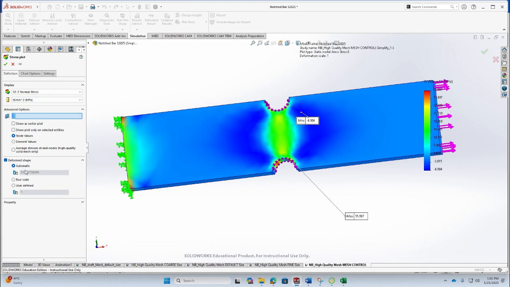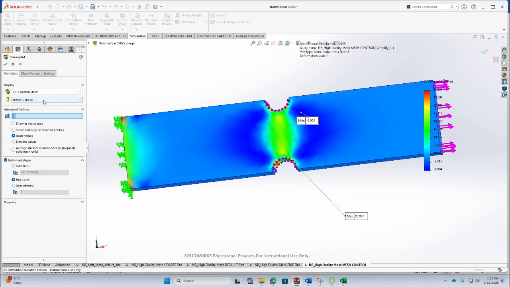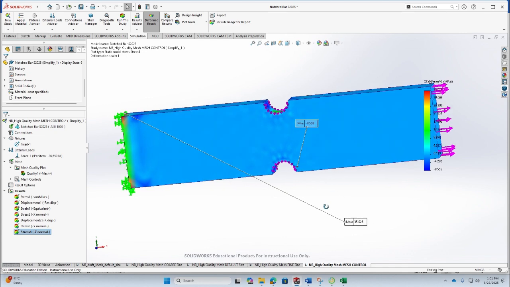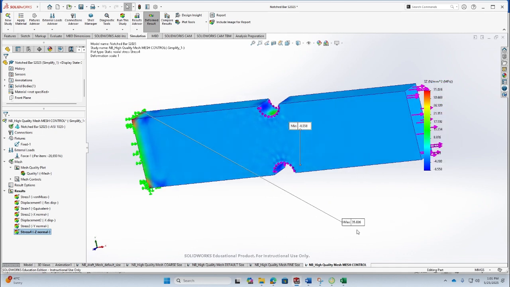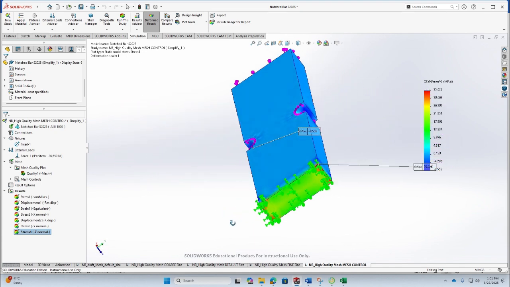And I'll again plot it on a true scale, also show max min, and keep the units again in megapascals, and okay. And now you can see here the stress along z-axis is actually significant only around the supports,